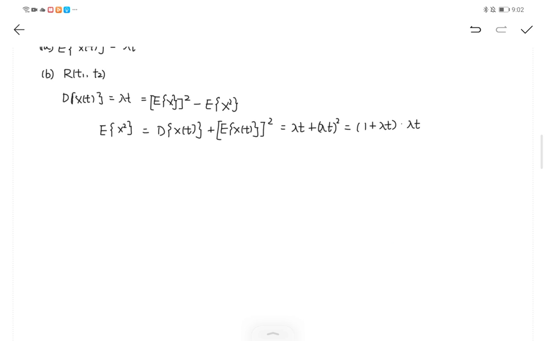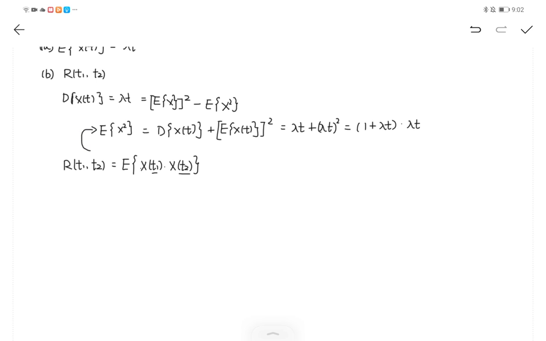And now we can calculate R(t1, t2). That equals the expectation of X(t1) multiplied by X(t2). And now we can see that there are different variables,